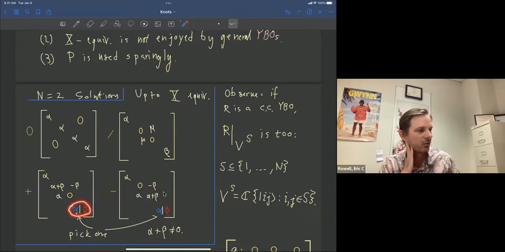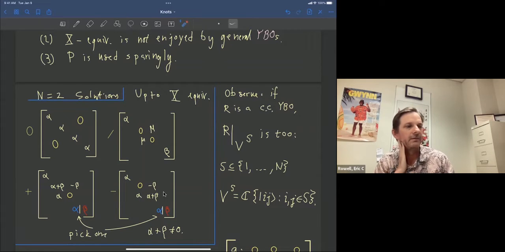It can be either alpha or beta in both cases. Notice the middle piece here has eigenvalues alpha and beta. And so it's definitely constrained. Okay. So the first key observation in this procedure, this idea, is that if you have a charge conserving Yang-Baxter